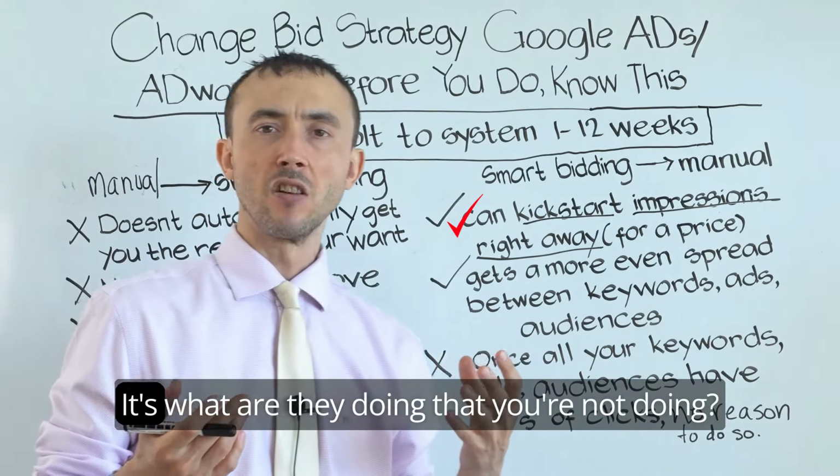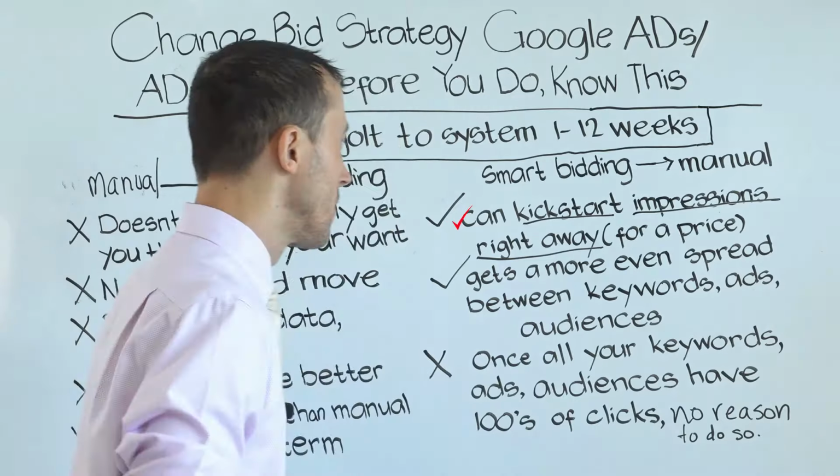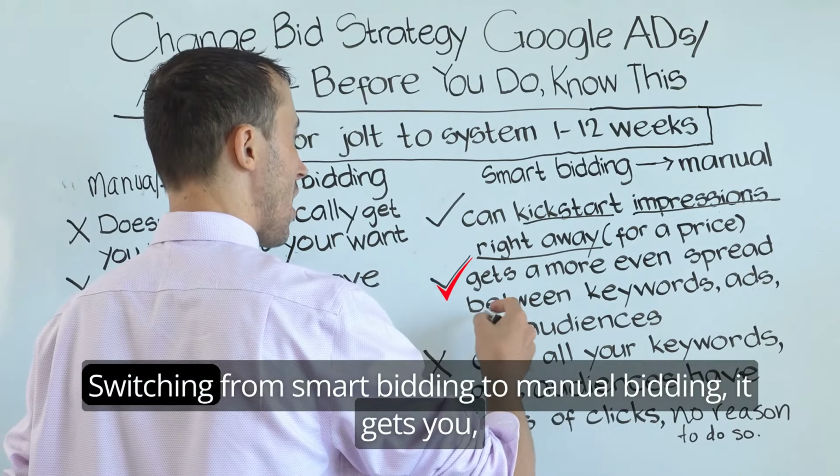per se. It's what are they doing that you're not doing? That's the better way to think about things by far. With that said, going back to the topic at hand, smart bidding to manual bidding, switching from smart bidding to